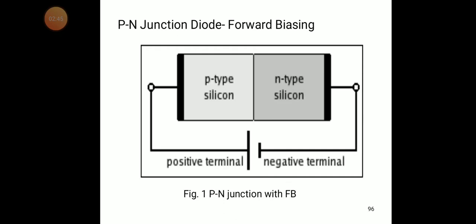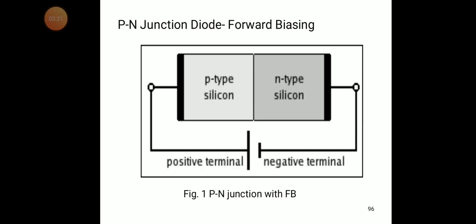Here two biasings are there. Why two biasings? The P-type material and N-type material, that is, the PN junction, has two electrodes: the anode, or positive terminal, and the cathode, or negative terminal. If you interchange the direction of the DC supply, the device has different working operations. So for that we need two types of biasing.